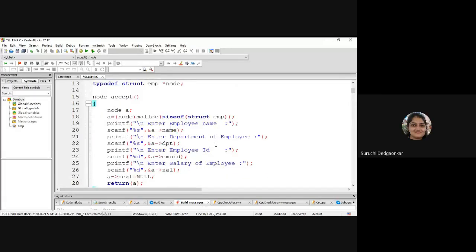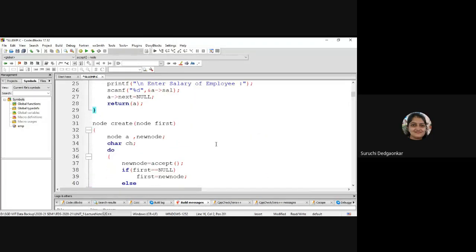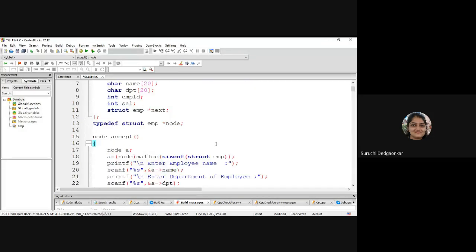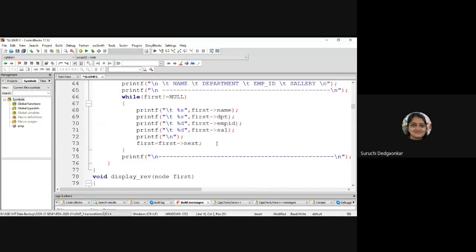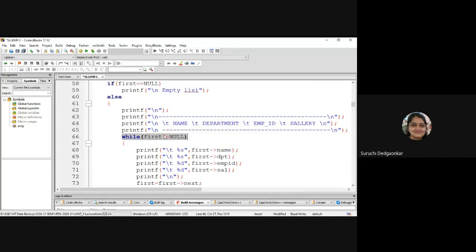So my suggestion is you try this function, insert at the end and traversal. So in traversal, what you will be doing, you will start with the first node, the header, and until the header becomes null, or you can take it in a temporary node and traverse that temporary till you reach the end.